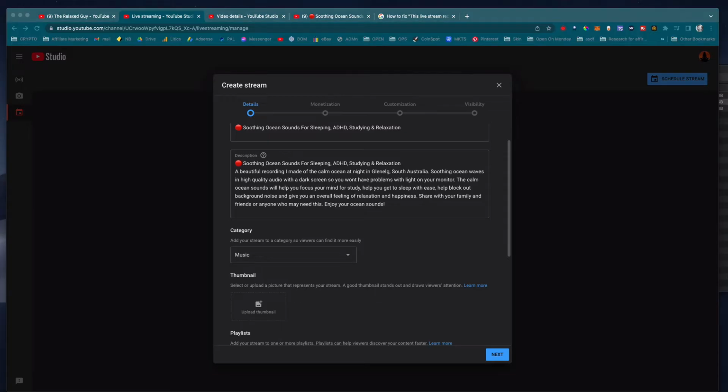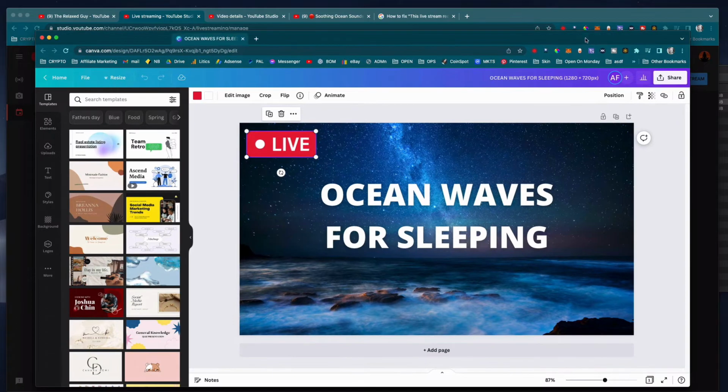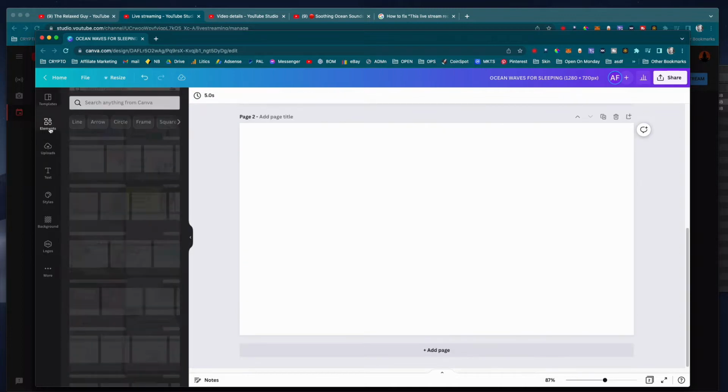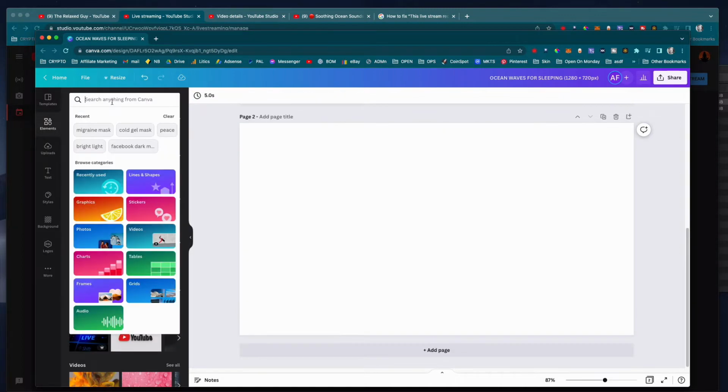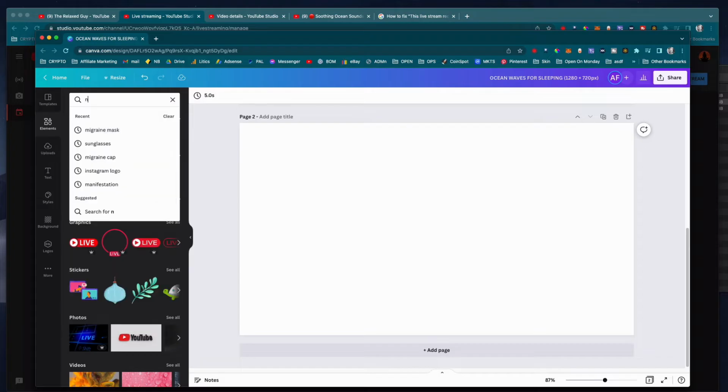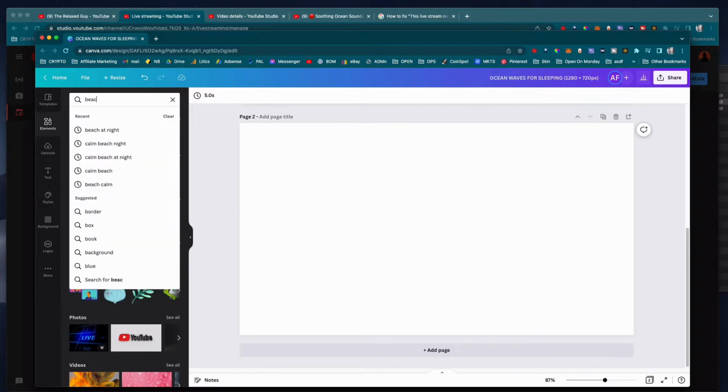So what I do is I create my thumbnails in a program called Canva. Canva is amazing. It's like Photoshop, but it's just in your browser and it has all these really quick to use designs. I created this thumbnail really quickly. Basically, all I did is I went to this Elements tab and typed in ocean or night, ocean, beach at night. I typed in beach at night